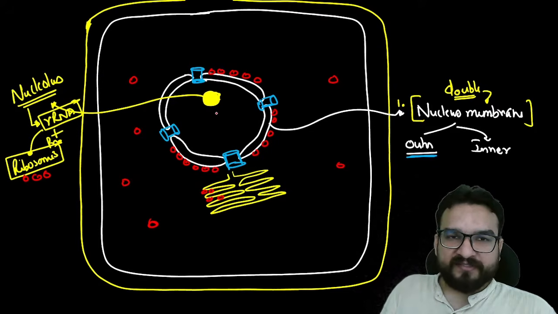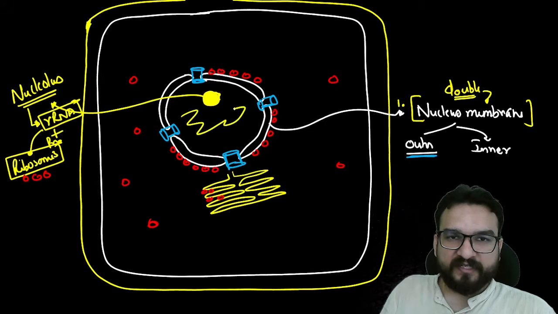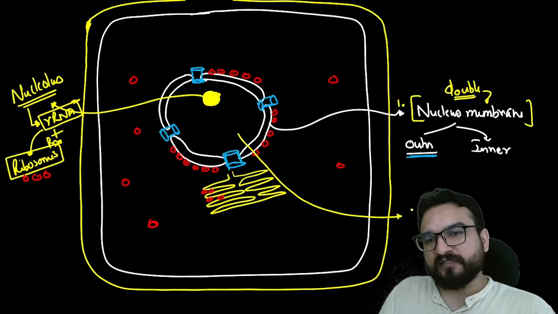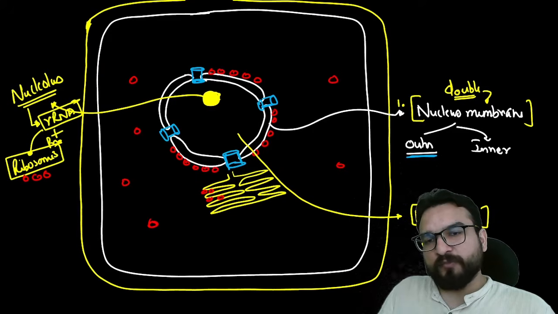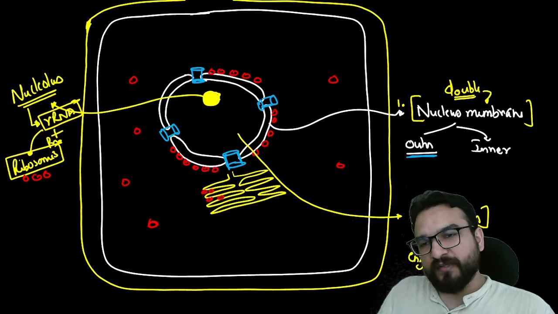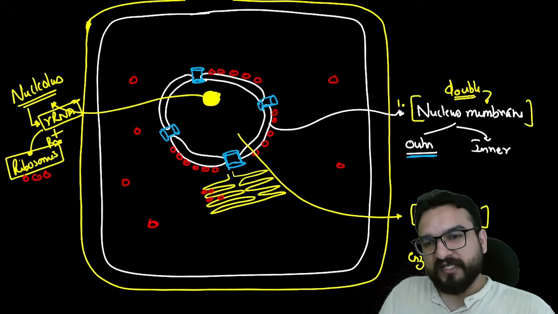All right. Now the fluid inside this, this whole area is covered with fluid, and this fluid we will be calling nucleoplasm. These nucleoplasm will be containing your enzymes which are needed. Your nucleoplasm will be containing this nucleolus. Your nucleoplasm will be containing this chromatin fiber, which I am going to show you, which contains